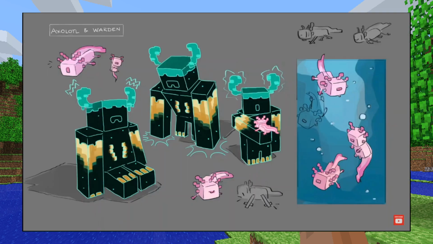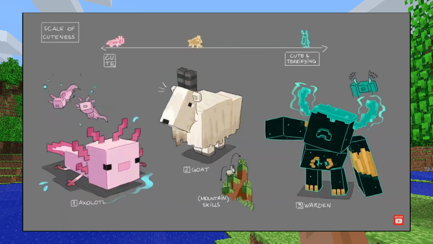So this update is actually a lot about contrast, which is great because it creates like a dramatic player experience, which is so... Yeah, we shouldn't forget the goat. Yeah, I guess it's in between. It is still very cute, but